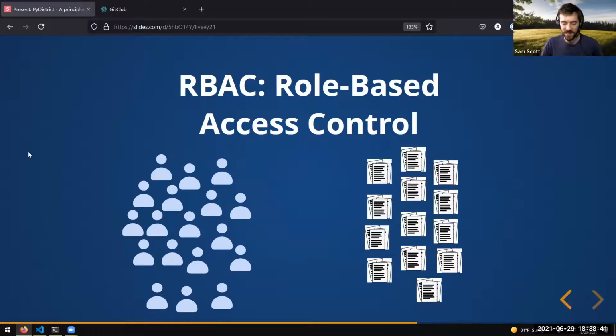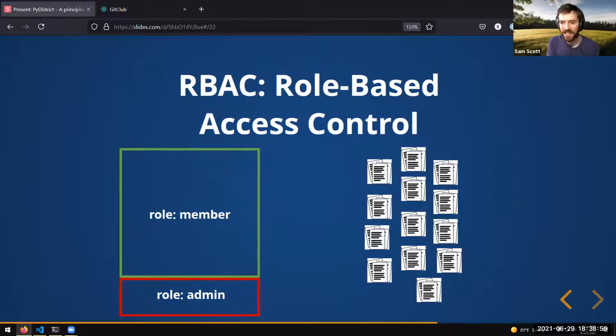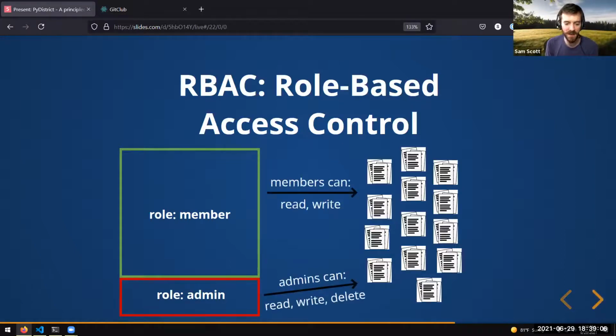Do I need to assign permissions to everybody? No, the idea with roles is you say there are really only a couple of different types of user in my app. Most of my users are just regular members, and a few of them are admins. I don't really care about the users themselves, I just have a role for them, a label, and I use those to say what they can do inside the app. Members can read and write, and admins can read, write, and also delete. That's the crux of role-based access control: breaking this problem down into fewer things you need to decide.